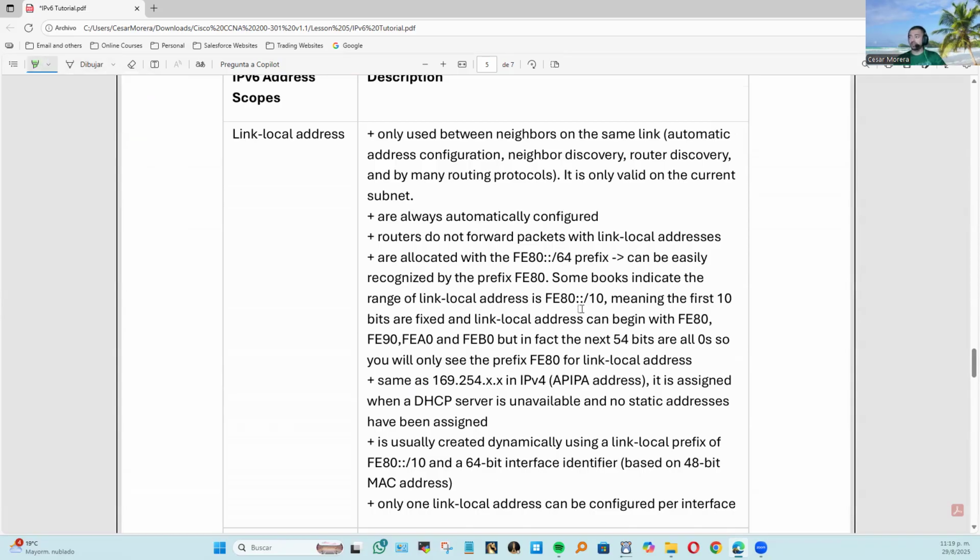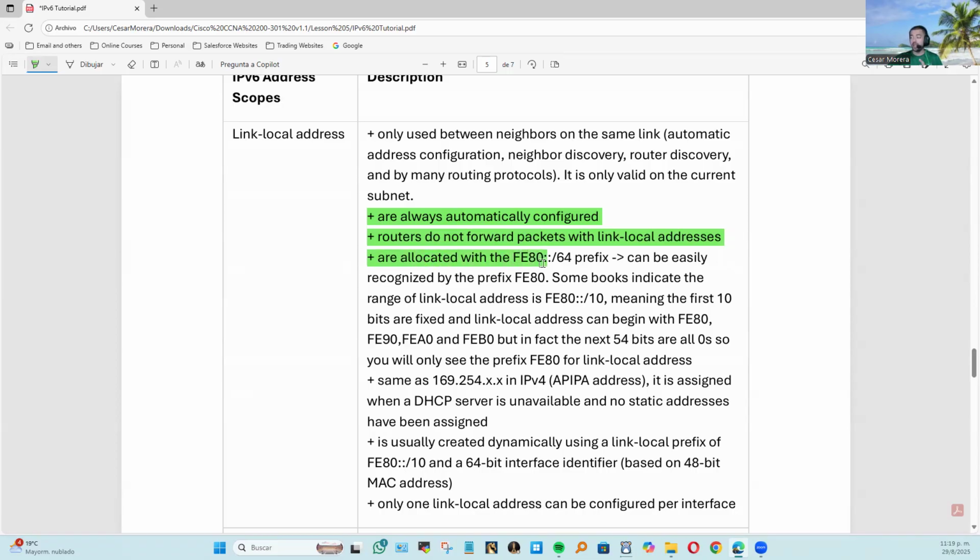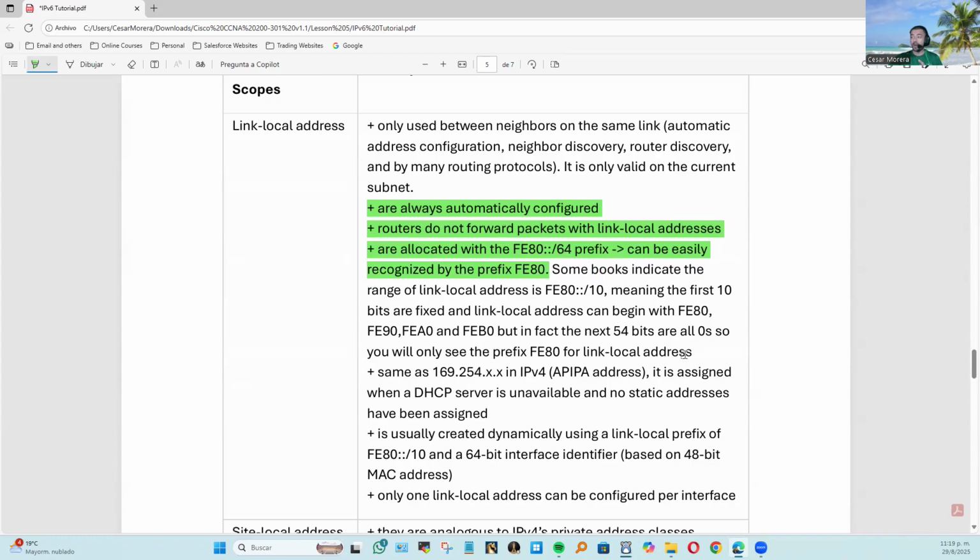Link local address: only used between neighbors on the same link. Used for automatic address configuration, neighbor discovery, router discovery, and many routing protocols. It is only valid on the current subnet. They are always automatically configured. Routers do not forward packets with link local addresses. They are allocated with the FE80::/64 prefix and can be easily recognized by the prefix